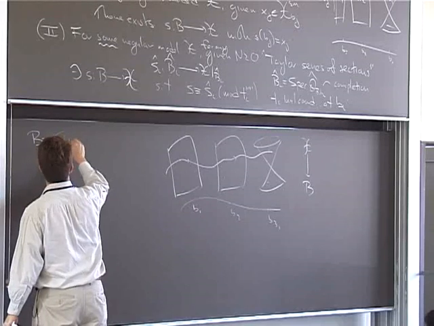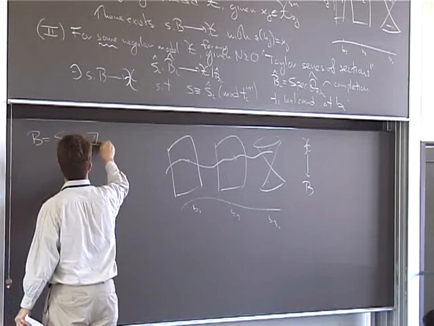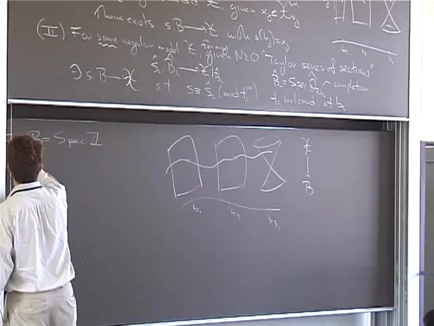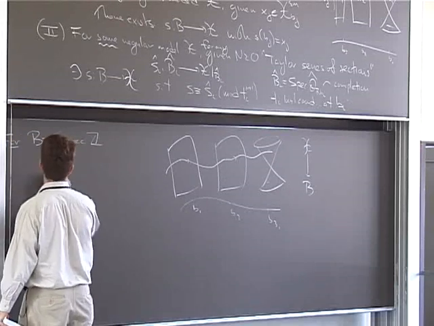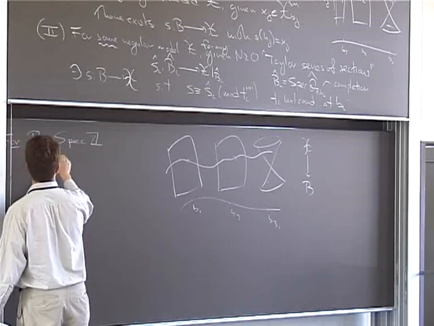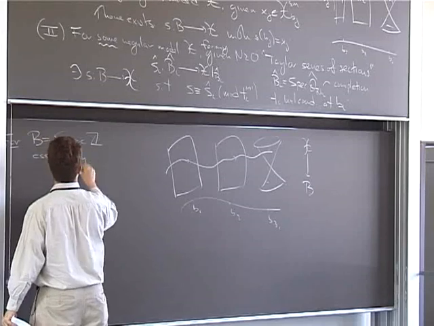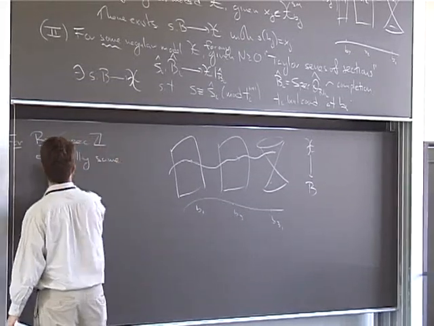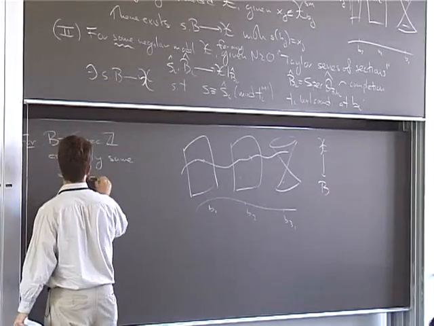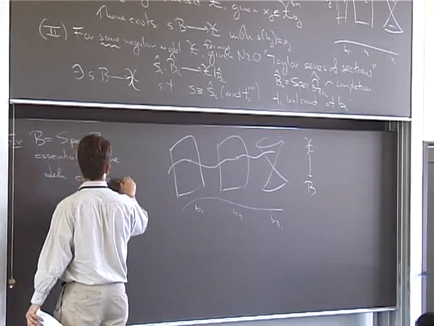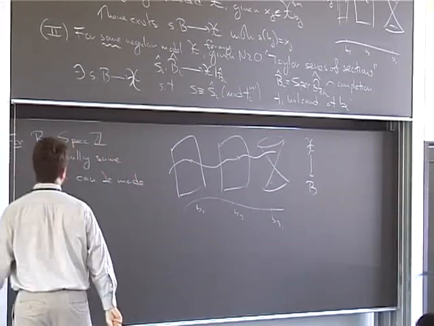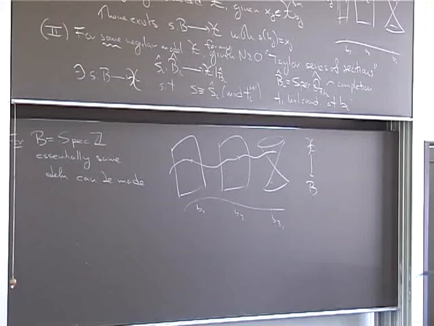So for B equals spec C, essentially the same definition can be made. And so if you translate everything into that context, you'll see that it does actually agree with what Professor Crash